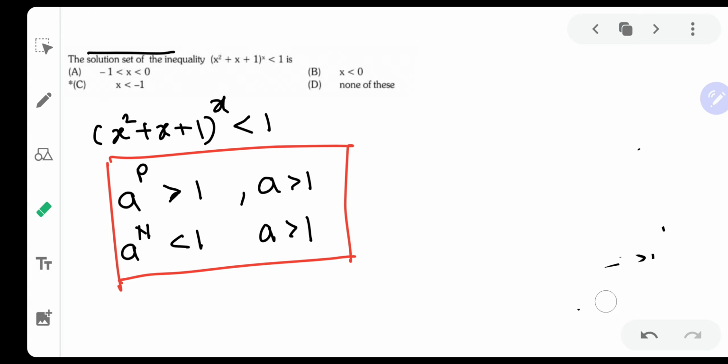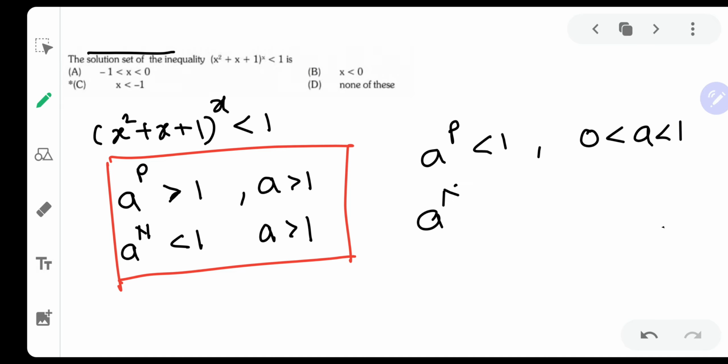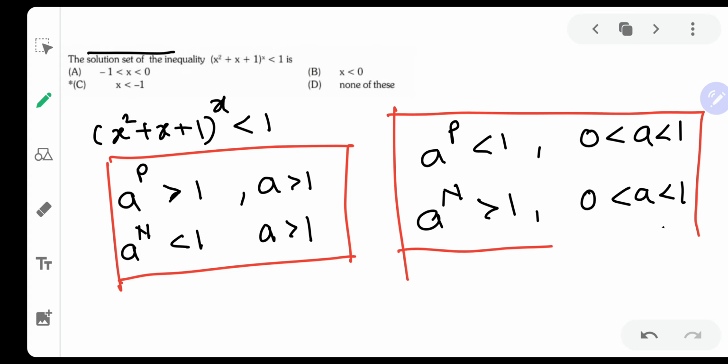So let me write that down. a raised to a positive number is lesser than 1 if a is lesser than 1, but a positive one. Let me just say that a is between 0 and 1, right? And a raised to a negative number will be greater than 1 if a is lying between 0 and 1, because the base is always taken as positive. Otherwise there are many problems, because a negative base changes its sign. For even powers it is plus, for odd powers it is minus, hence we do not deal with negative bases. Okay, we have not taken a negative.